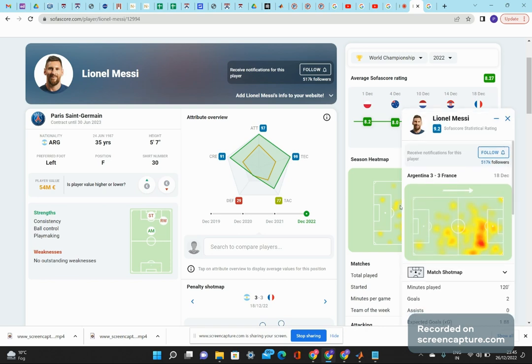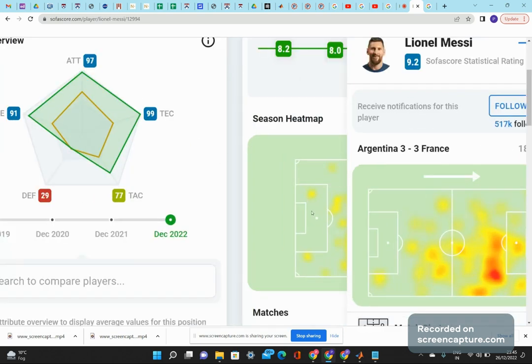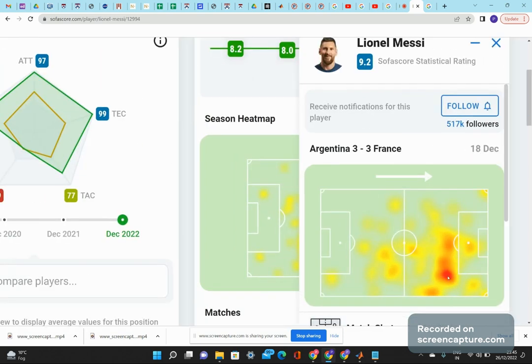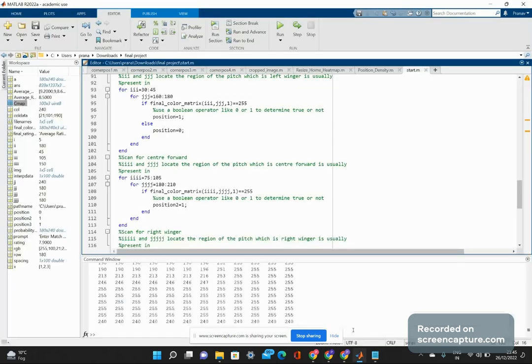So a heat map essentially is a positional density matrix, which tells me where there is red, it means that there is high probability of the player being there at high positional density, and where it's yellow, it means that the player was present over there but not for very long. Green essentially resembles the pitch and shows that the player was not there for too long. In this code, I screenshot this image because I cannot import it, and then my code essentially